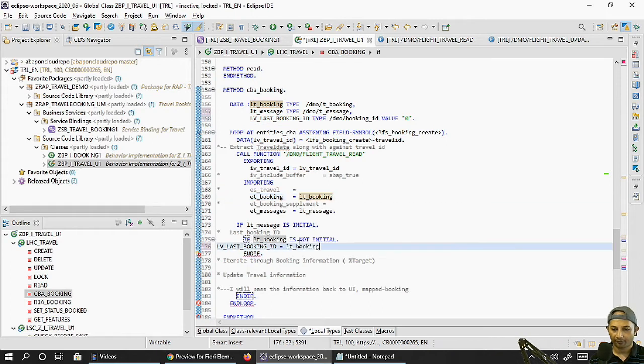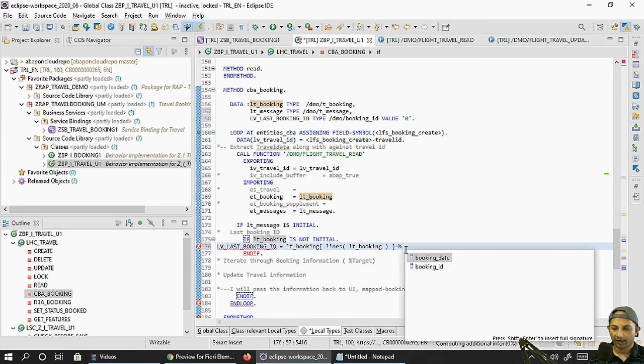Let's pick up from the table. For that we need to use lines, and obviously the same table, so that I know how many counts are there in this table. Get that index, and of course the corresponding booking ID.